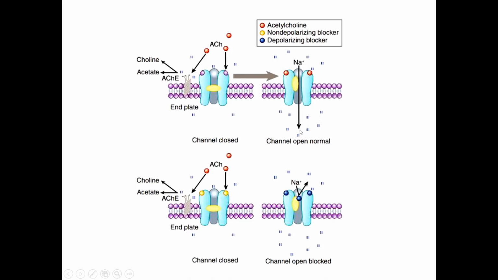The skeletal muscle relaxant, that is D-tubocurarine, comes and attaches to the nicotinic receptors, and it prevents the attachment of acetylcholine at the receptor site. So there is no depolarization, that is a non-depolarizing blocker. D-tubocurarine is a non-depolarizing blocker, and it will not allow acetylcholine to come and attach to the nicotinic receptors present at the motor end plate. So it will lead to the paralysis of the skeletal muscle.